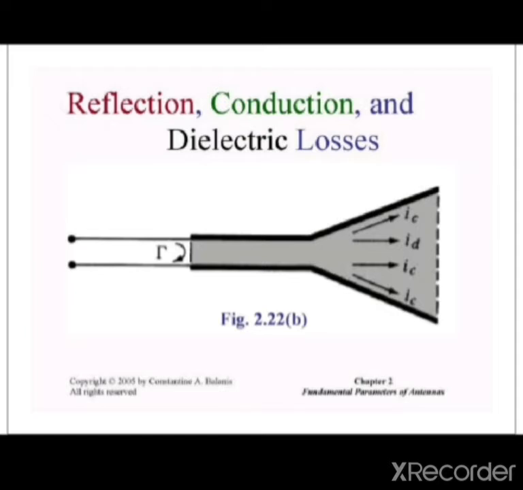If you take the dielectric losses, that's why you take the different types of currents: conduction current, the conventional current, and what we call the displacement current. ID indicates the displacement current, IC the conduction current, and small ic is the conventional current, like this. So the gamma value is there. I just told a good example for this: how the power is transmitted in a line and what reflections will form.